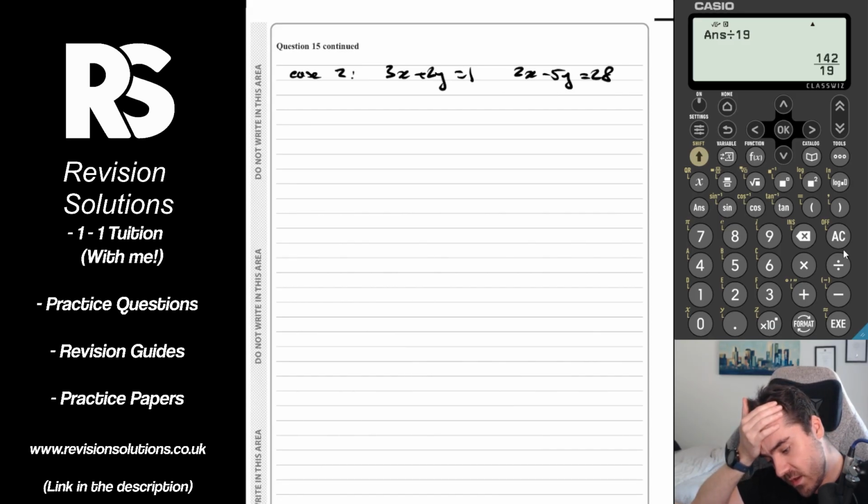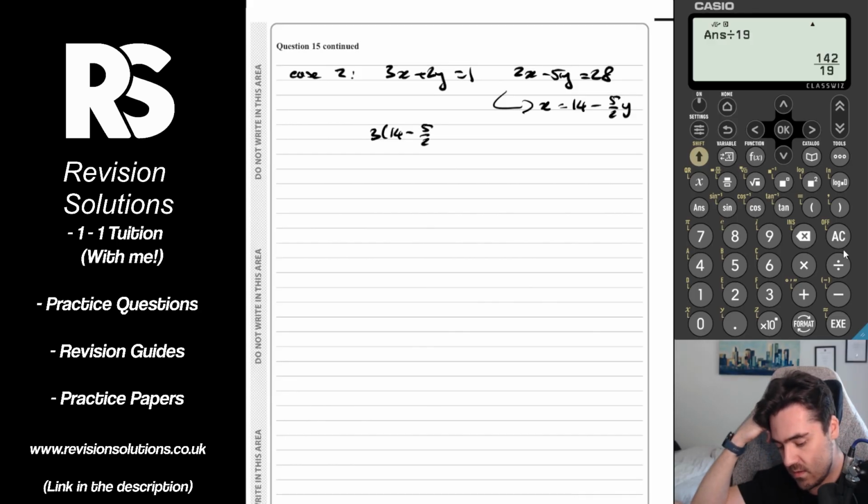So for this one, I think I will rearrange this for x. We can divide it all by 2 and add the y part over. So x would be 14 minus 5 over 2y. Sub that into the left-hand one. So we'd have 3 lots of 14 minus 5 over 2y plus 2y equals 1,